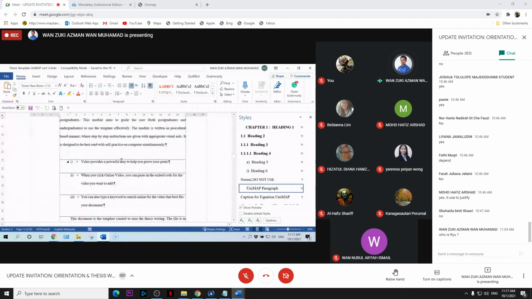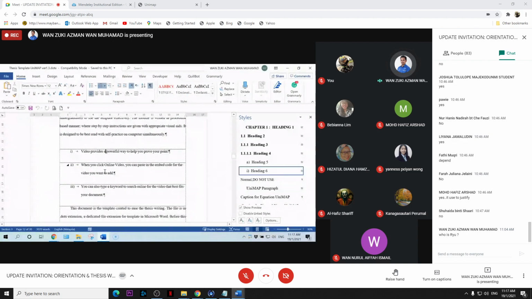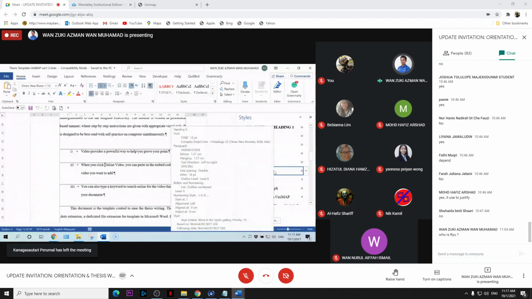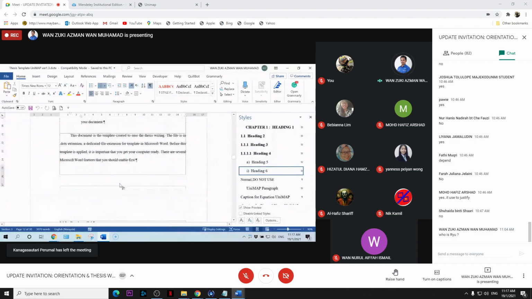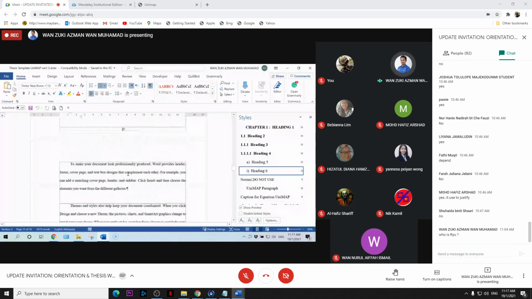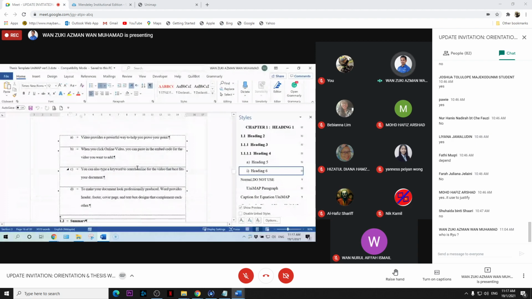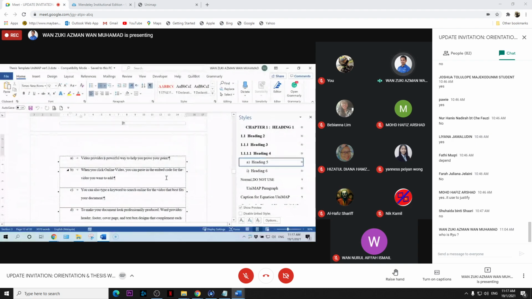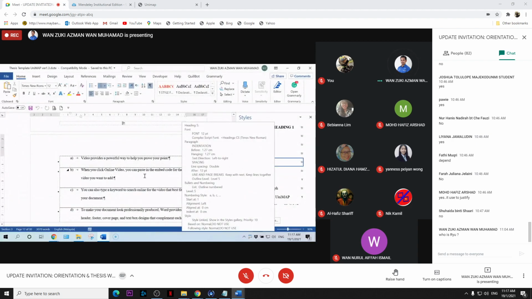And then if you want itemized lists like this, or you want to use 1 Roman, 2 Roman, 3 Roman, you use Heading 6. If you want it to become like ABC, we have an example of ABC like this, so you can use Heading 5.